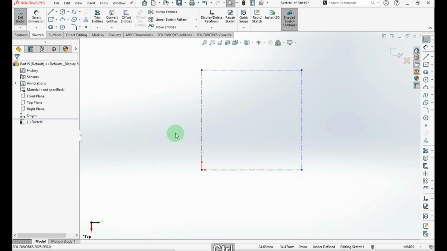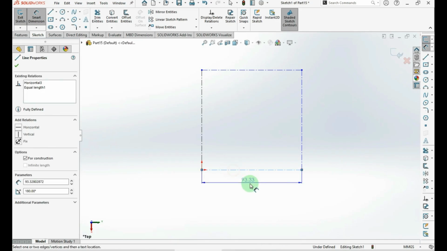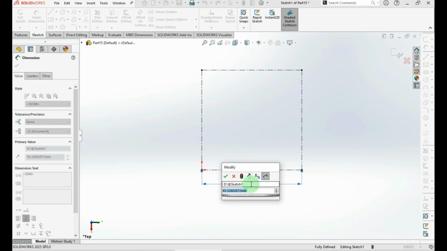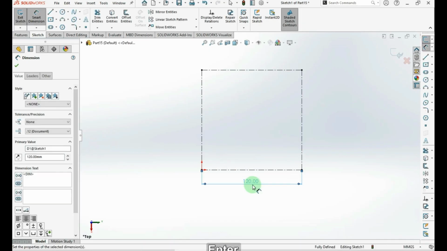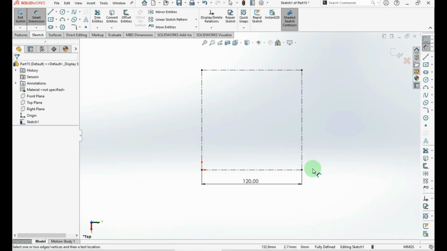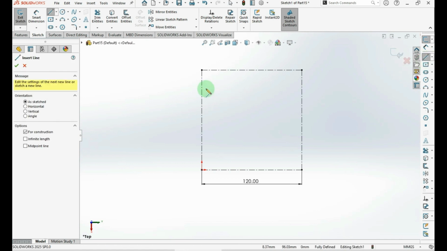So if I press Ctrl D, select one of them, type a dimension of 120 and press enter, the sketch is entirely black. There is nothing blue anymore. This state is called fully defined. That means there is nothing undefined on the sketch and everything has a mate or a dimension that completely defines its state. Again, I select the center line, click here